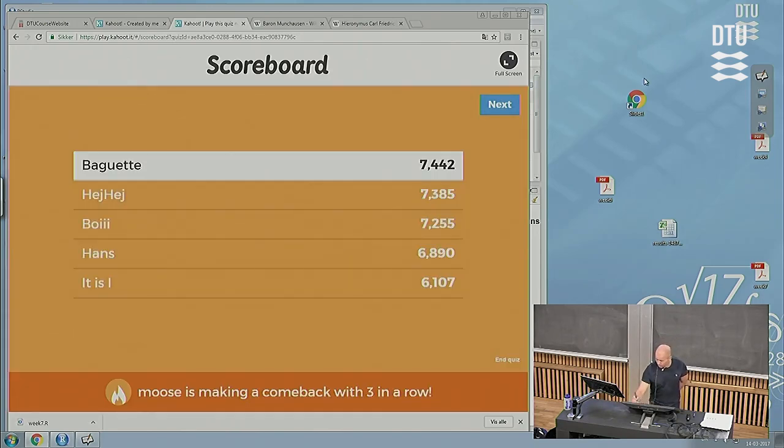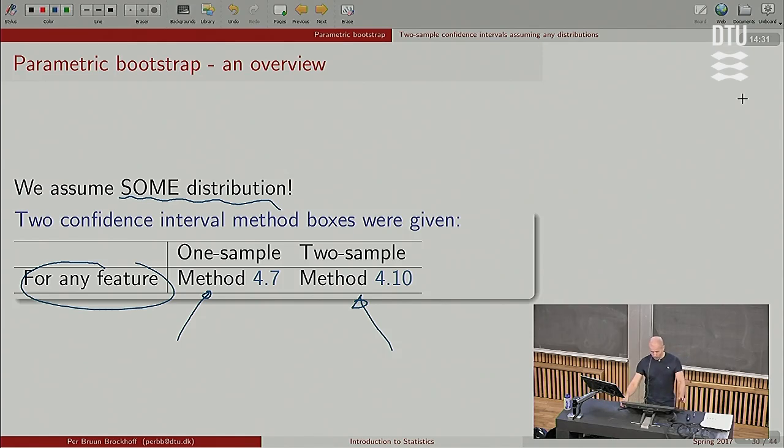Baguette is back in business. So that takes us